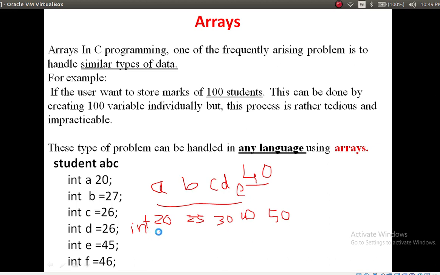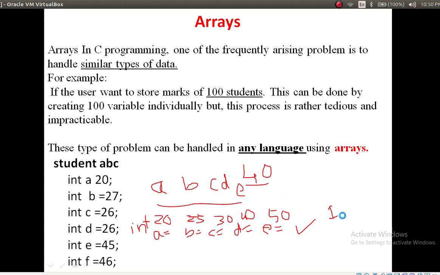So int A is equal to 20, int B is equal to 25, C is equal to 30, D is equal to 40, and E is equal to 50. This is for one student. You have declared 5 variables with data type int.